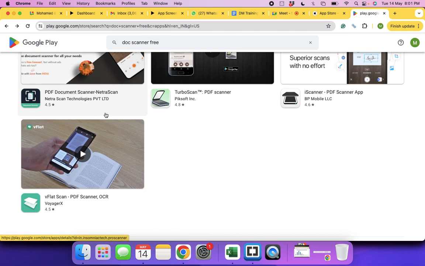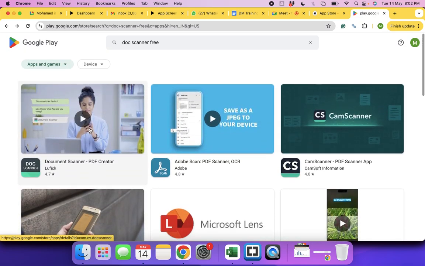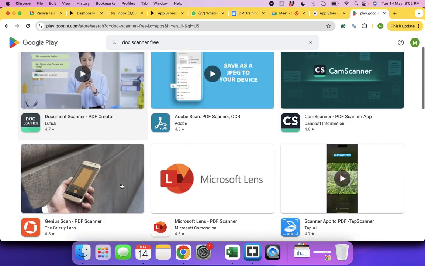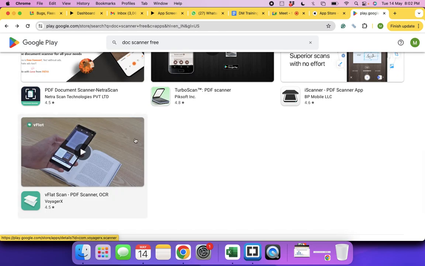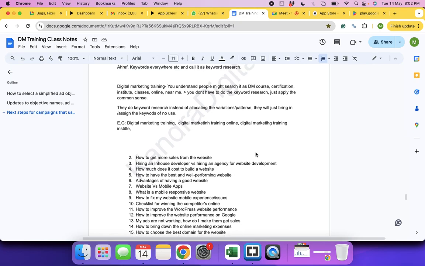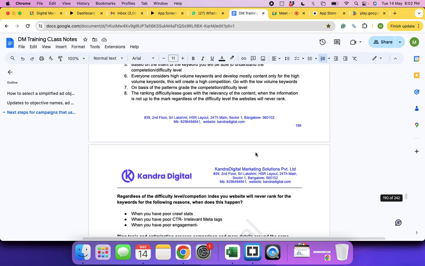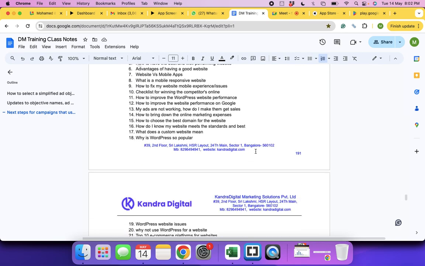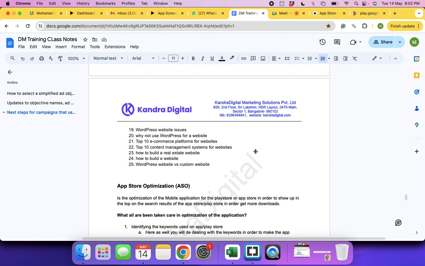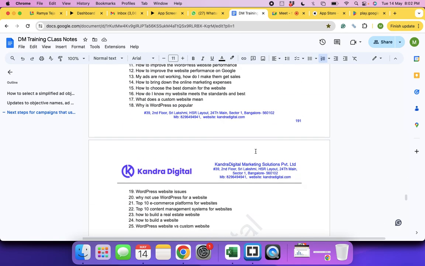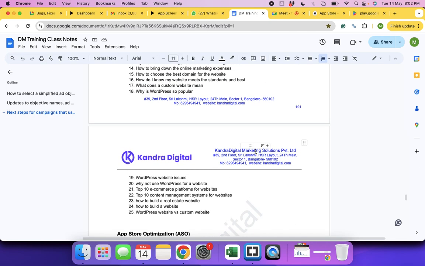Can your app really make it to the top? See, this one also has document scanner in it. Our search is also document scanner, correct? Here this one also has document scanner, and is that ranking in the top? No. Though they have also put the keyword, it's not ranking in the top, right? Our focus today will be to understand what are those factors that will make the app rank in the top. Okay, so first thing definitely it's always the relevancy.